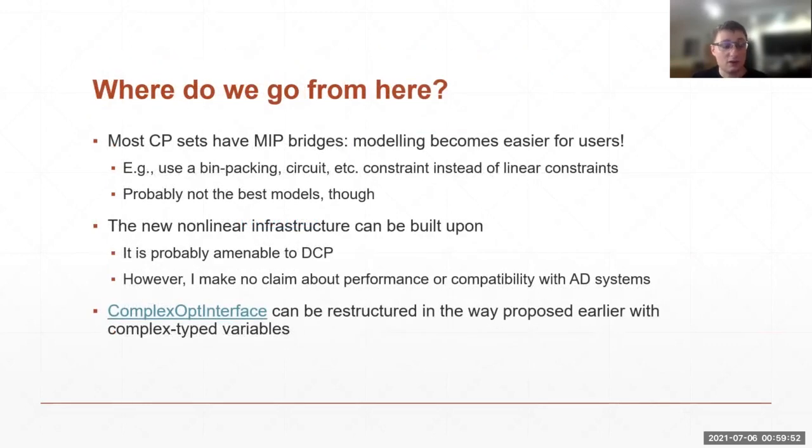And then once all of this is developed, where can we go? Because most CP sets already have MIP bridges, and the number of CP sets that can be bridged will only increase. So that means that modeling becomes much easier for users. For example, you can use bin packing or circuit constraints just in one line instead of adding a large number of linear constraints. Probably right now it's not the best model you can think of, but at least for the user, it's easier to think of a first model and